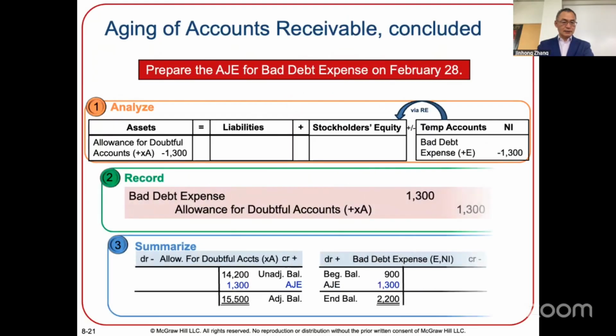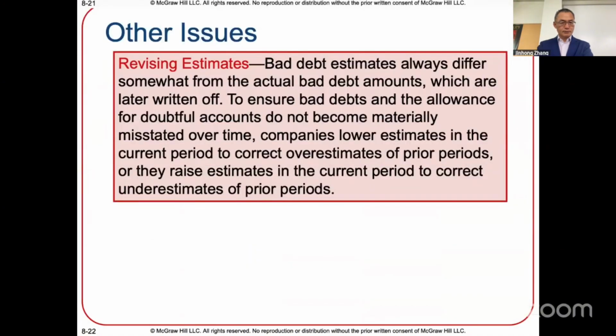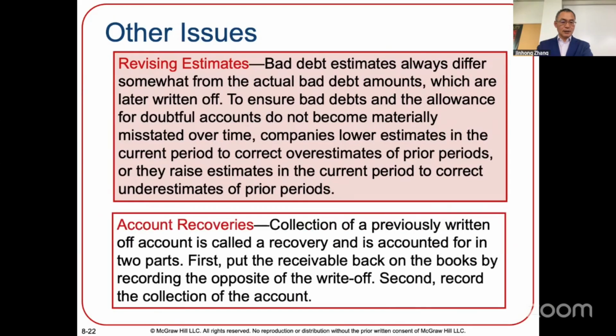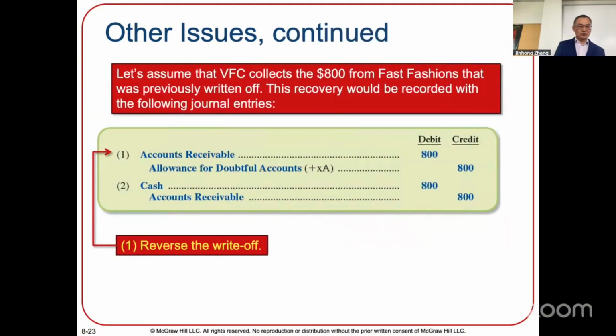So let's say now the adjusting entry is bad debt expense, allowance for doubtful accounts. Sometimes you need to revise the estimate. And then also account recovery. Sometimes you write off, but surprisingly they paid. So how do you adjust it? Let's assume that they collect $800 from East Fashion that was previously written off. This recovery would be recorded with the following journal entry. So you have accounts receivable, $800, and then